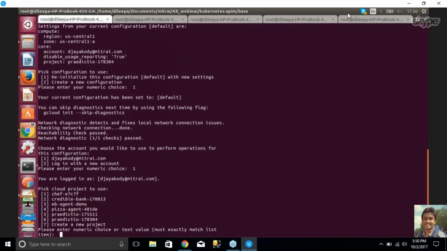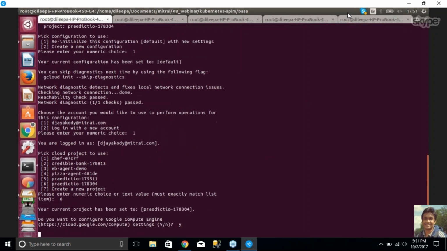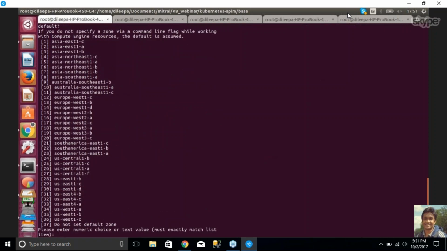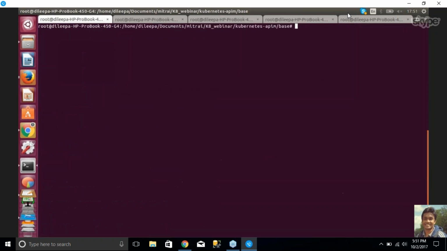and then it will ask to pick a cloud project to use. So a cloud project is basically the umbrella project of all your containers and all the other services and APIs given by Google Cloud Platform. So I will be using Predictio project, and it also asks whether to configure Google Kubernetes. I'll say yes. I'll use the default zone for compute engine, and now you are configured with gcloud